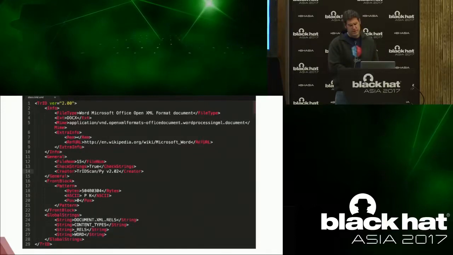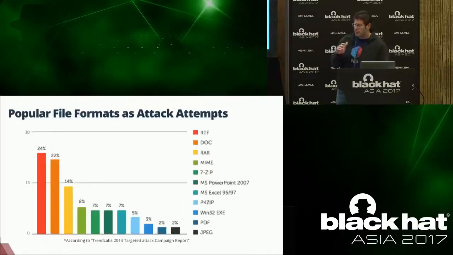So given that, we'd like to take a look at what the popular file formats are. This is actually a 2014 chart. A lot of other file formats have been introduced since, and the statistics tend to change based on certain vulnerabilities. But as you can see, doc and docx are still up there, after RTF, which is a very exploitable file format. So this 22% column represents Office files in general, with Word being the most popular one,